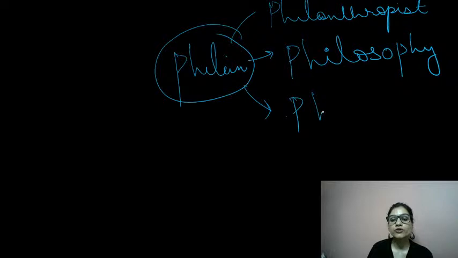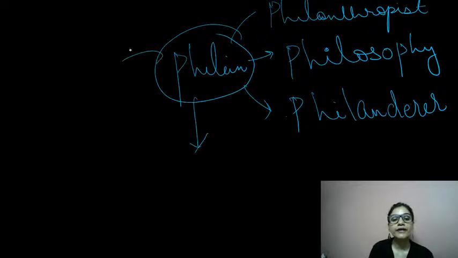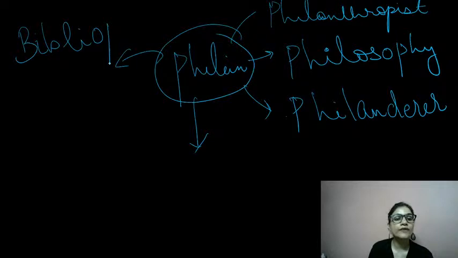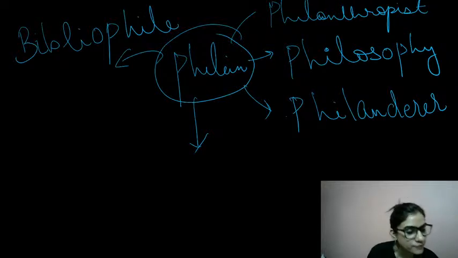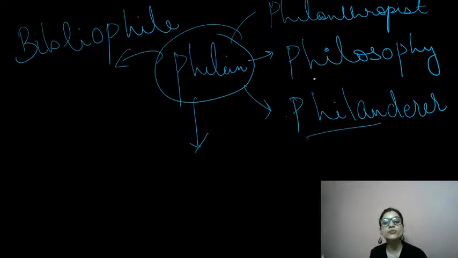Let me add this word to it. Philandrous or philanderer, right? Then we have another word. If I add biblion as a prefix to it, right? So bibliophile. This is another word we have, right? Yes, phylum is also there, absolutely, right? Philanthropy, phylum, all these words we have. So how will philanderer come? If we talk about this word, guys, philosophy and philanderer and bibliophile, how do we get